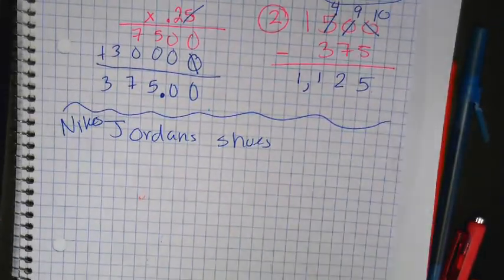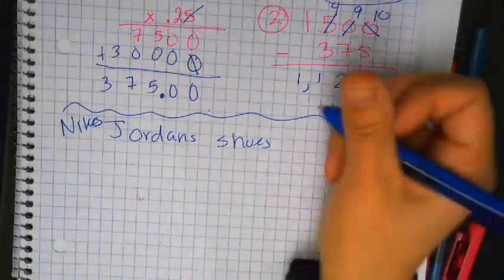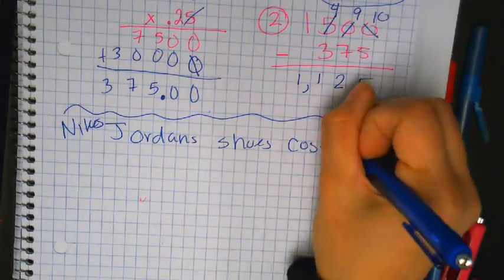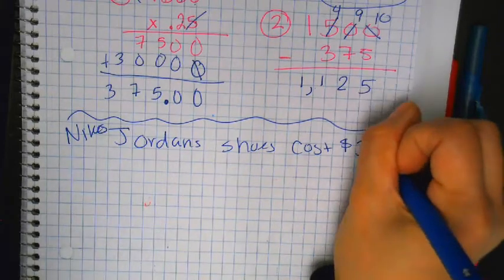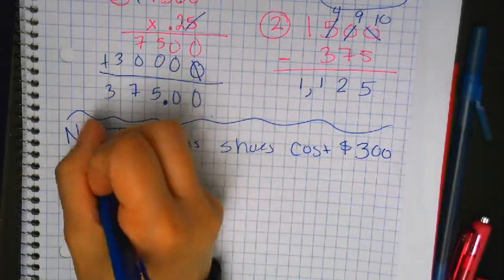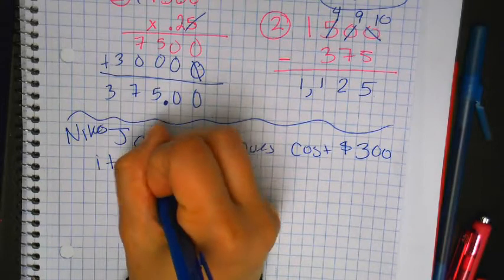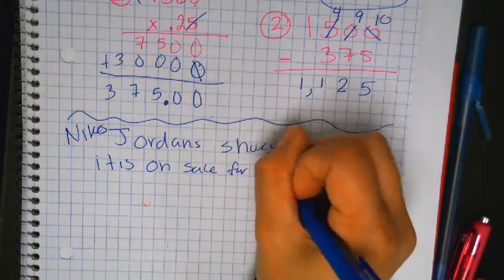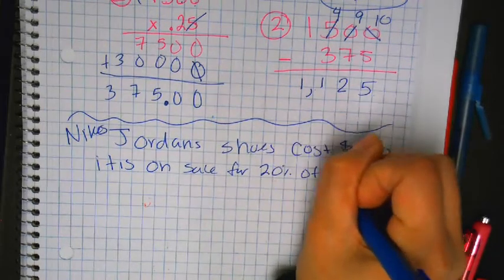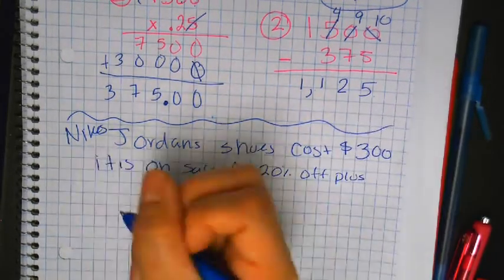There's such a thing? Yeah. What? Like Subway? And they're really expensive. $300. What? It is on sale for, let's say, 20% off plus